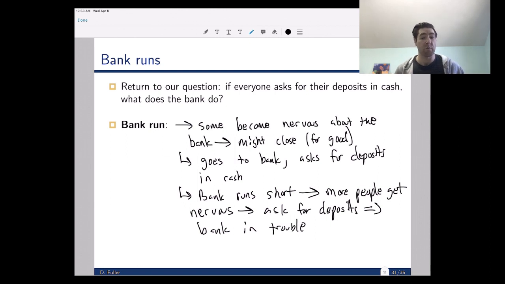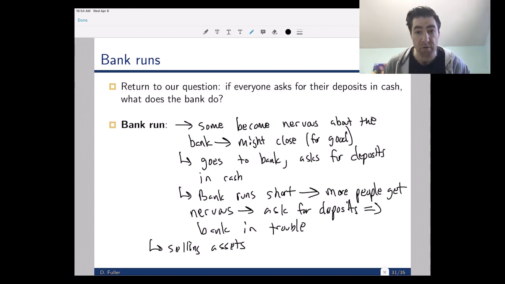And this sort of becomes what we say a self-fulfilling prophecy. People were nervous about the bank failing. Everybody came to get their cash out, and in fact, the bank failed. So banks start selling assets, right? So they can start auctioning off their property or selling their property, closing branches and selling it, but that all takes time. It isn't going to get the cash available soon enough.